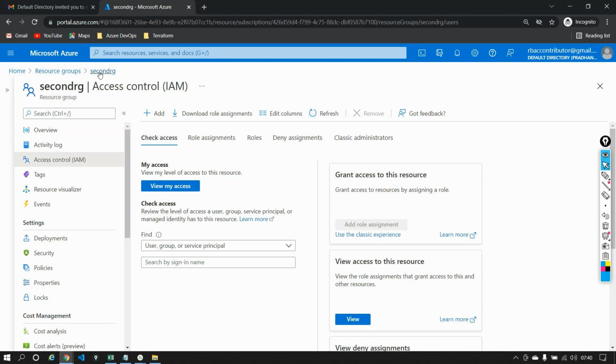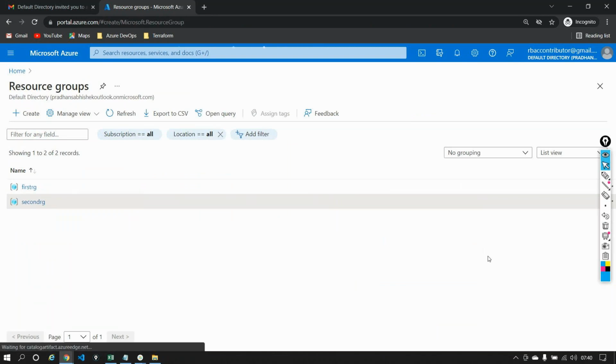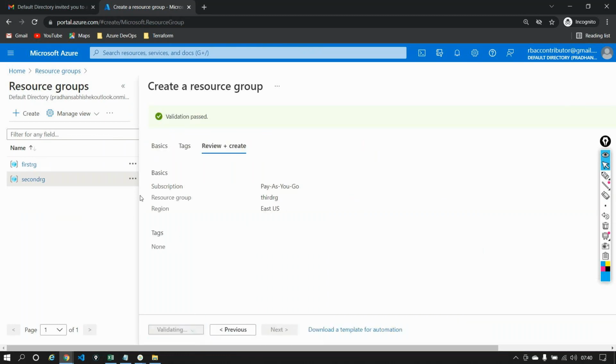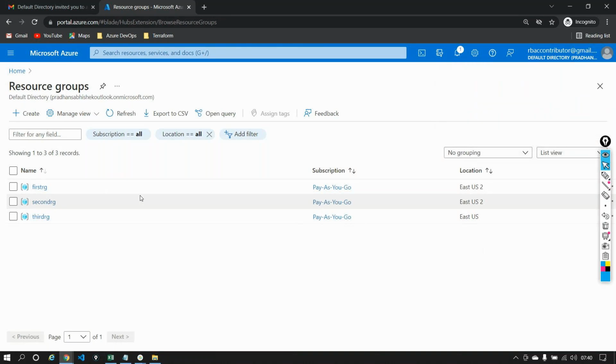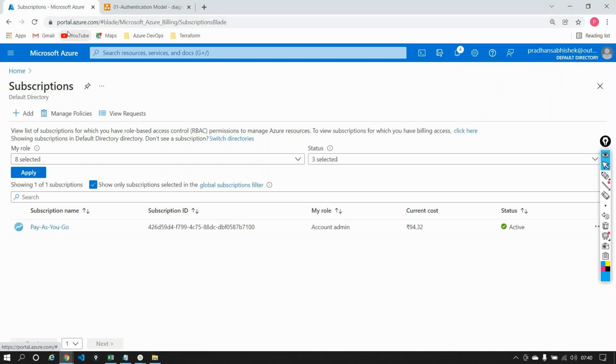This is one of the biggest differences here. But can I create something inside this resource group? Can I add a resource group? Yes, you will be able to do it. Let's say, for example, if I come down here and I just add something like a third RG. So I'll say validating, and it went ahead and created something known as a third RG. Now the question is, will I as an owner be able to see this third RG that is created? Yes, of course, yes.